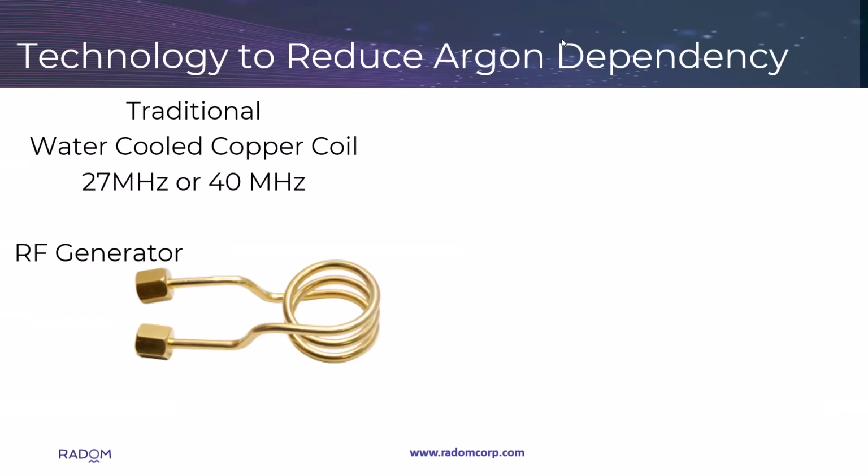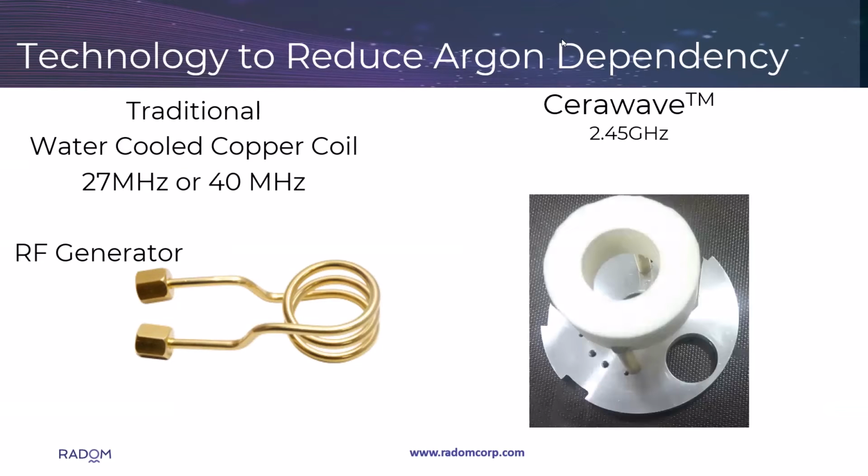In order to create a plasma that can operate robustly and reliably on nitrogen, we need to have a different RF generation system. Enter Radom Corporation and CeraWave technology. CeraWave is an advanced ceramic that can be formed into a ring and operates at very high frequencies, 2.45 gigahertz. The plasma formed is a result of this technology, and it's referred to as microwave inductively coupled atmospheric